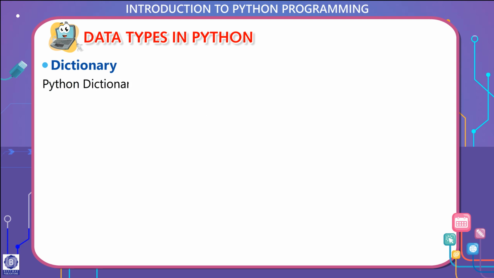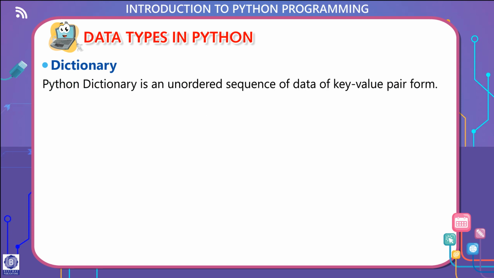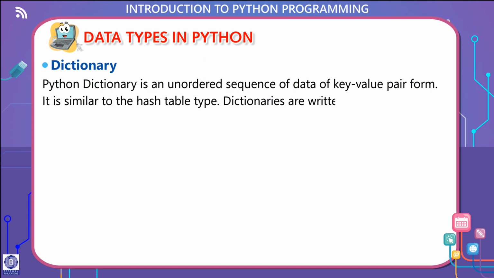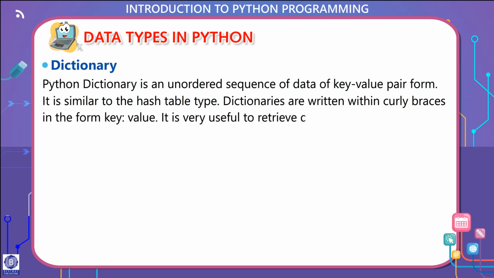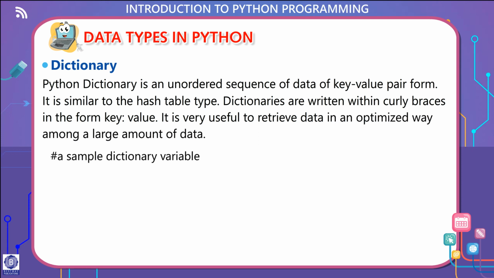Dictionary. Python dictionary is an unordered sequence of data of key-value pair form. It is similar to the hash table type. Dictionaries are written within curly braces in the form key: value. It is very useful to retrieve data in an optimized way among a large amount of data. # A simple dictionary variable: